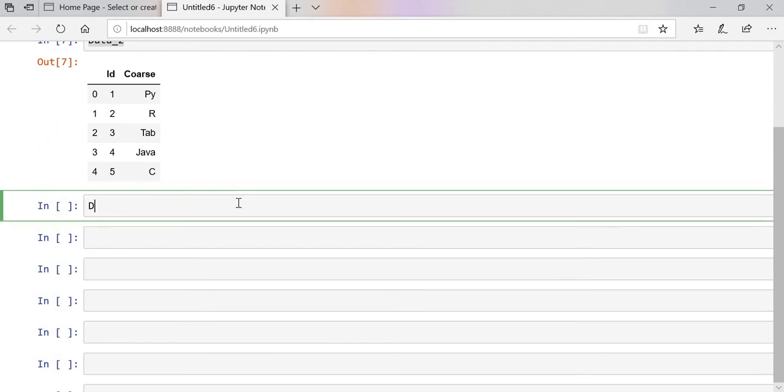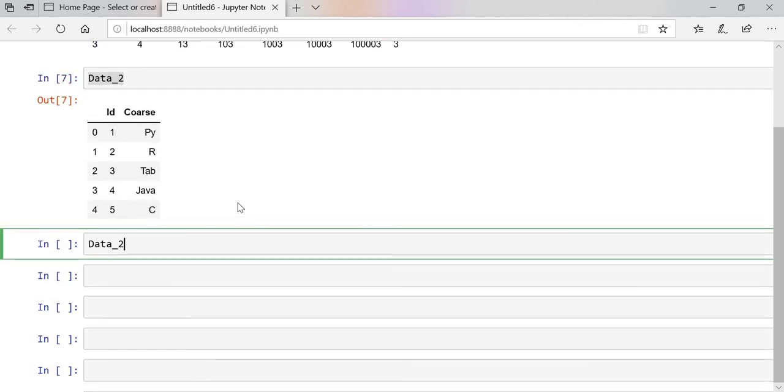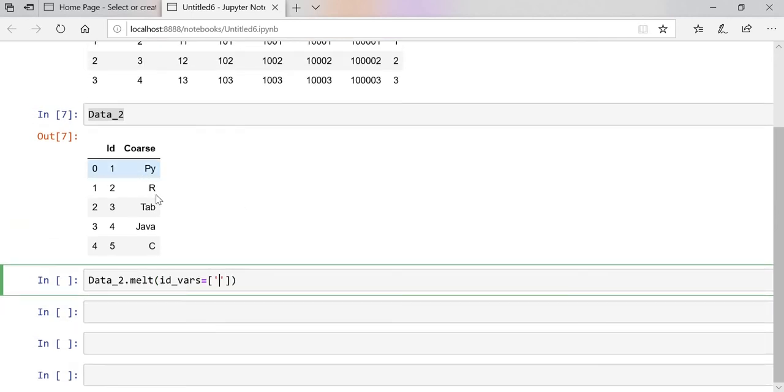First, that is melt. How this melt function will work: we'll use data underscore 2 dot melt. Inside this melt we need to pass the identifier. In this identifier we can pass anything you have in the data set.